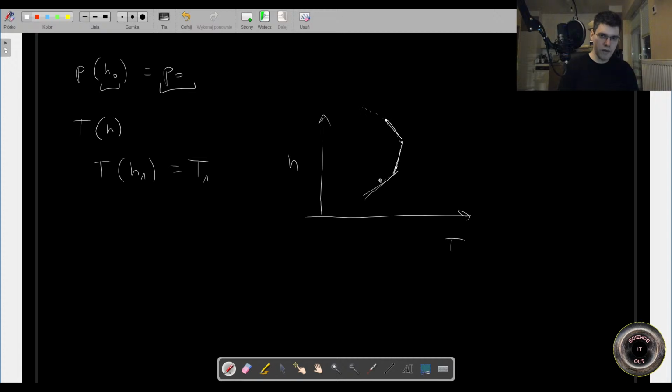You could compose it from such linear pieces, and then you could get pretty much arbitrary shape, but of course it would have these points where the gradient would abruptly change. Fortunately, that's not a problem, because